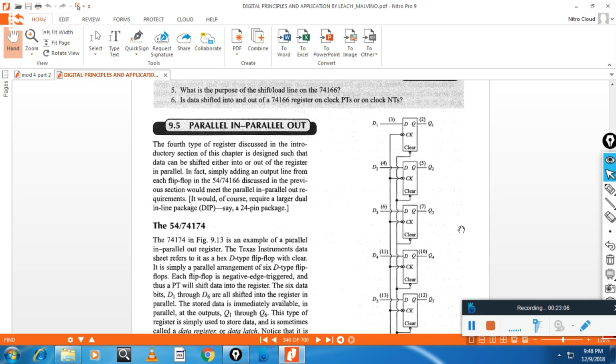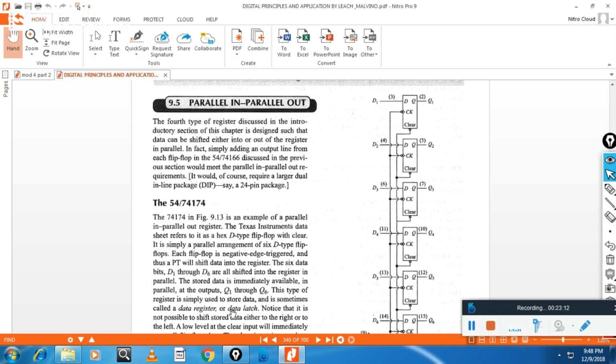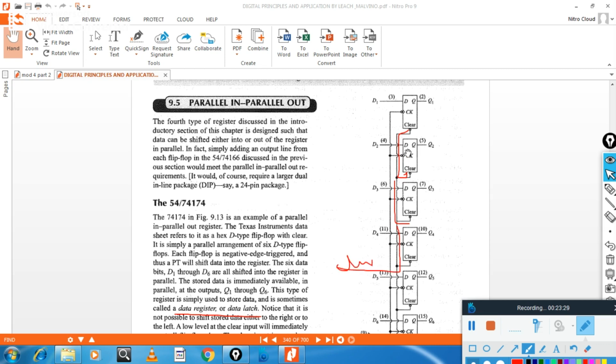They may not ask PIPO. They will directly ask, write down the circuit diagram for an 8-bit data latch or data register. You can see here the 8-bit data latch or data register. This is very simple. All the flip-flops are here. Clear is connected to all the clear signals, and write clear. Connect all the clock signals simultaneously and write clock. This is the input and this is the output. So this is a 4-bit latch. If you want 8-bit, extend it to 8-bit. That's why this is called a data register or data latch: parallel in, parallel out.